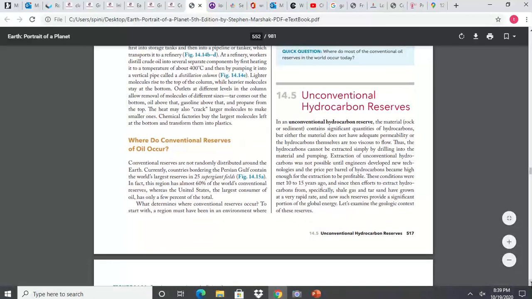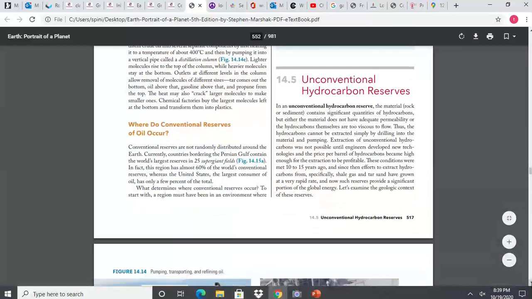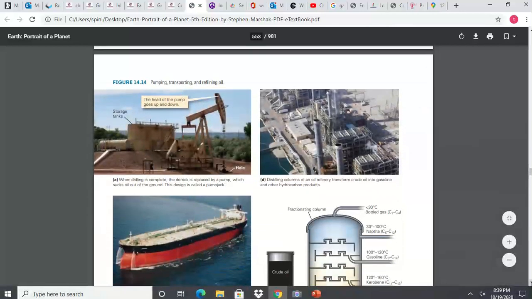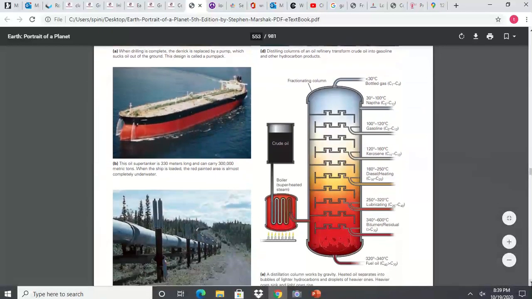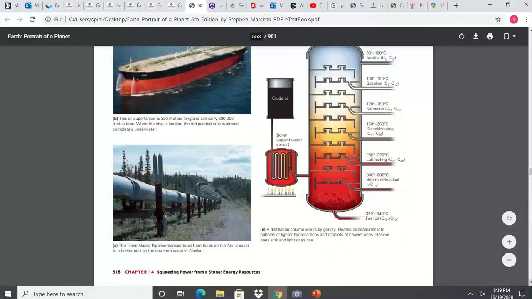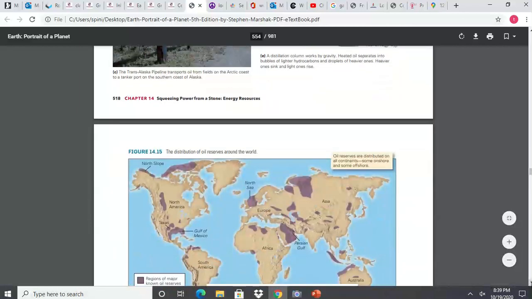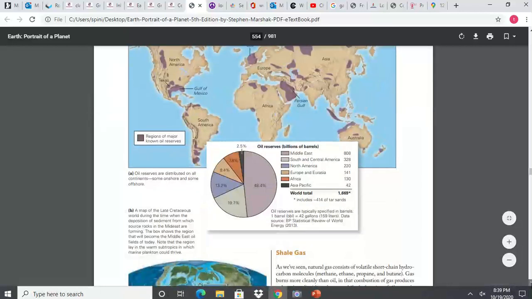They go into unconventional hydrocarbon reserves. This is where we get into some of the things that are happening now, like fracking. So again, you've probably heard that word fracking. And again, this has got to do with technology, learning how to get more energy out of things like the tar sands. Whereas before you would have just ignored it because it would have taken more energy to get gasoline out of it than the gasoline that you got. So now the technology has changed a little bit, and that's why I said that chart at the beginning would look a lot different, because using fracking, we can get a lot more of this natural gas out.